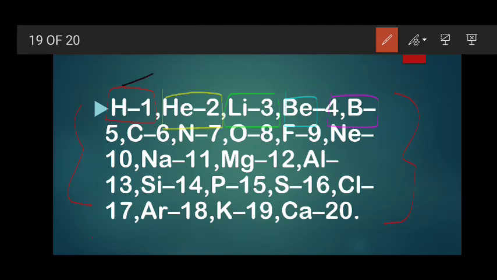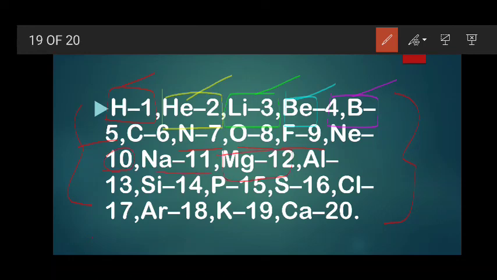1 is the atomic number of hydrogen, 2 is the atomic number of helium, 3 is the atomic number of lithium, 4 is the atomic number of beryllium, 5 is the atomic number of boron, 6 is the atomic number of carbon, 7 is the atomic number of nitrogen, 8 is the atomic number of oxygen, 9 is the atomic number of fluorine, and 10 is the atomic number of neon, 11 is the atomic number of sodium, 12 is